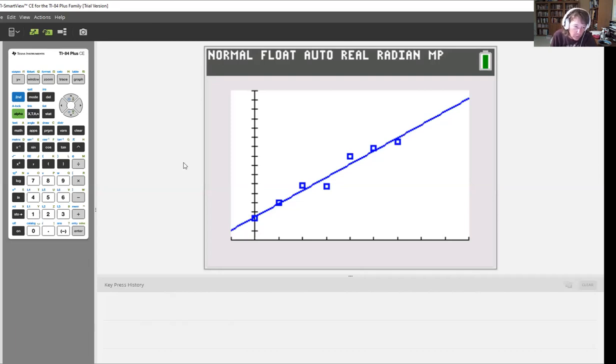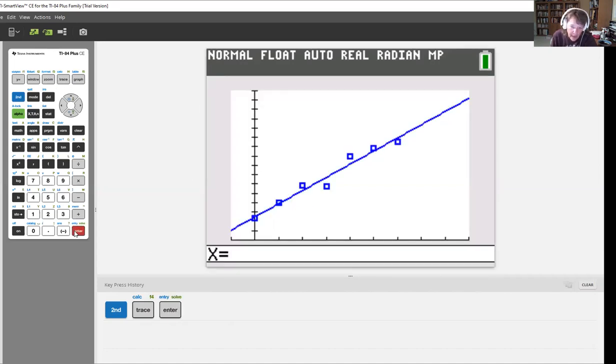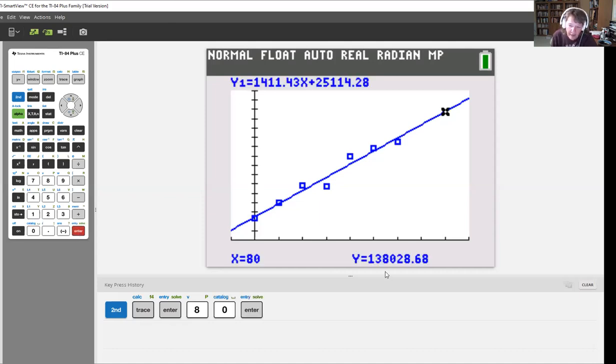So let's see what we're going to do. We're going to go to a new button. Do you see this calculate button up at the top of the calculator? It's in blue, so we do a second function. Okay, and we want to calculate a value. So the value's already highlighted, so we're going to hit enter. And it's asking, what value do we want for our X? We want to find out what it is in 2020, and that's the year 80. So I'm going to put the year 80 in there. And then I'm going to hit enter. And then it tells me